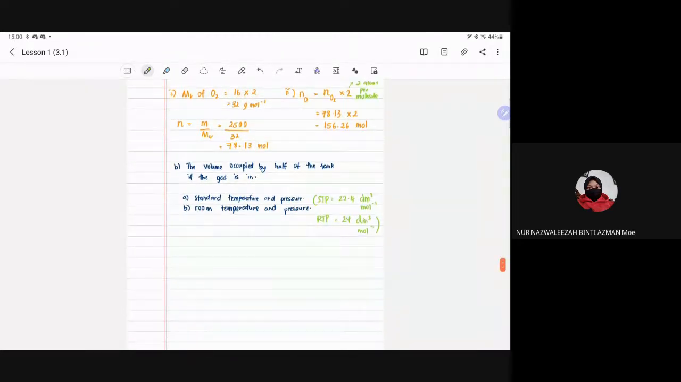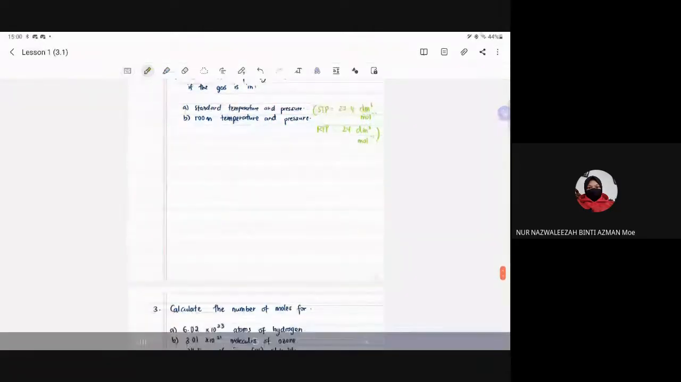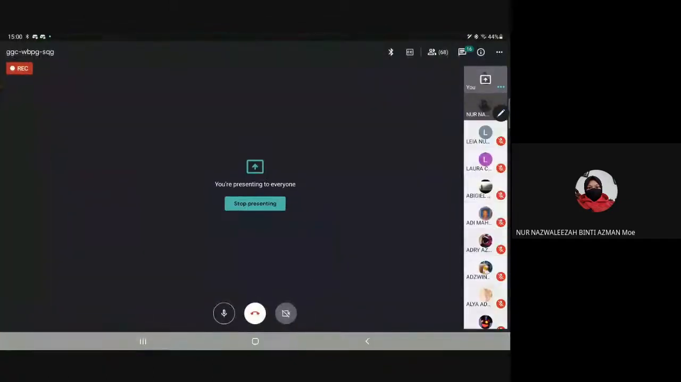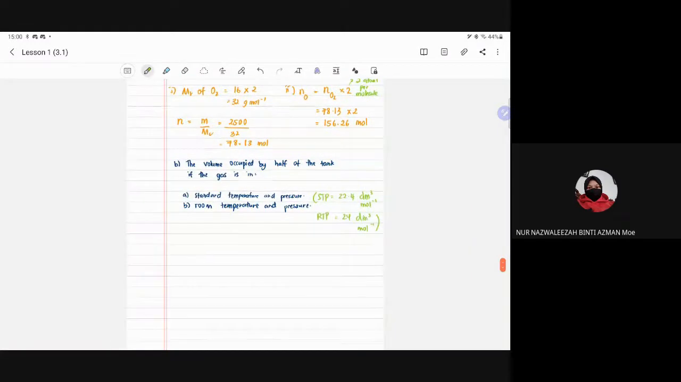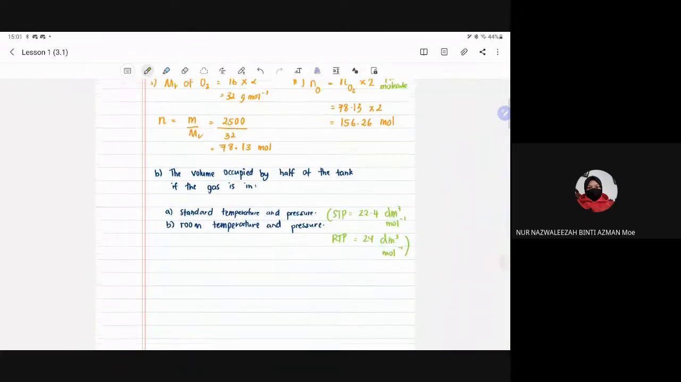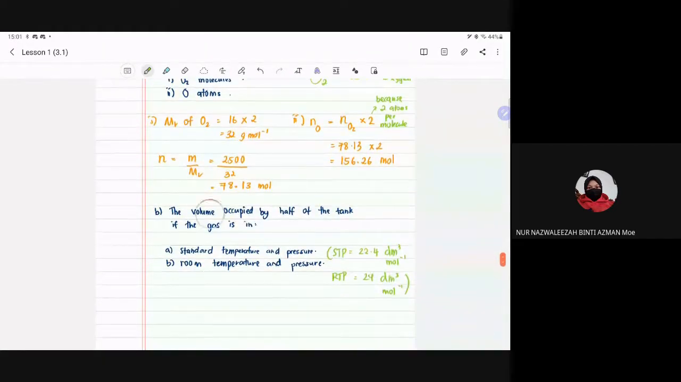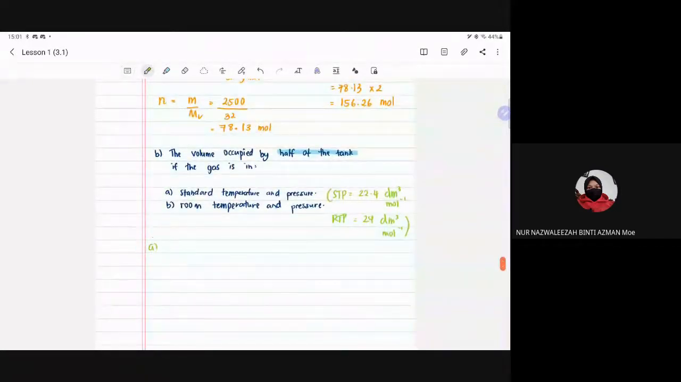So now let's have a look at the way how we can calculate this. Dia tanya, you have to determine the volume occupied by half of the tank, if the gas is in standard temperature and pressure. So first of all, separuh tank bahagi dua dulu lah. Okay, so untuk A,